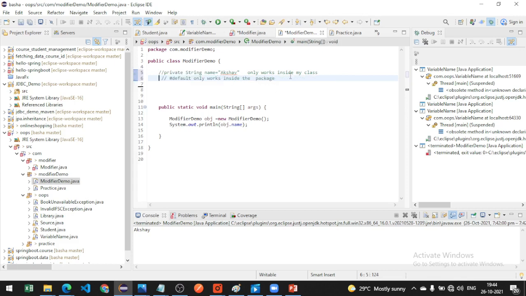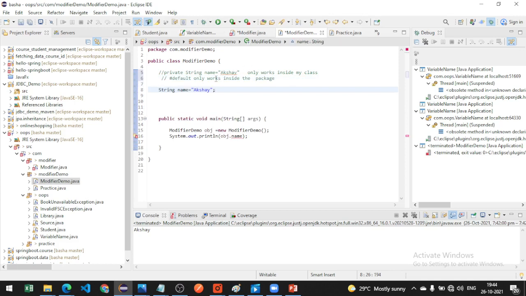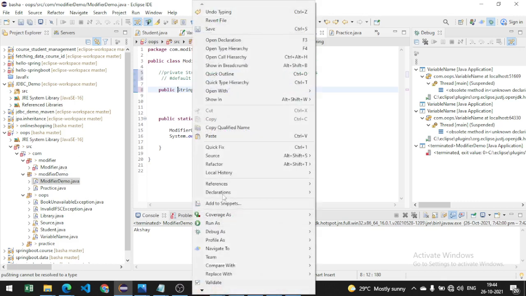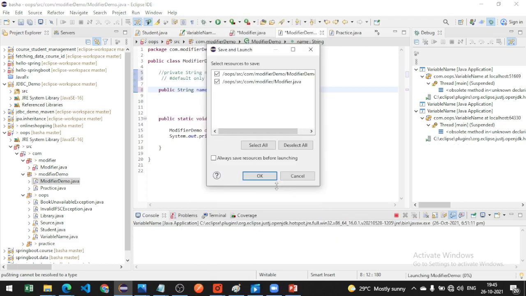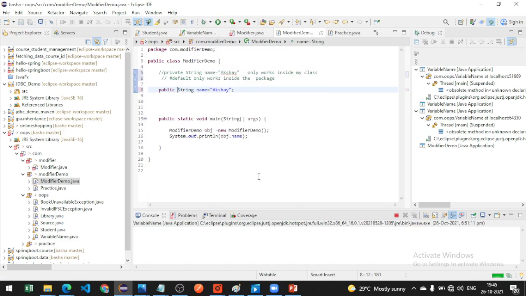Here we are going to see about public. I give it as public. It allows access inside my class, another class, and another package also. If I run this program, see the output inside my class, inside my package, and also outside my package.